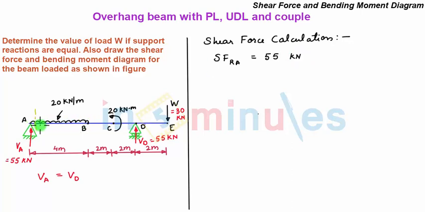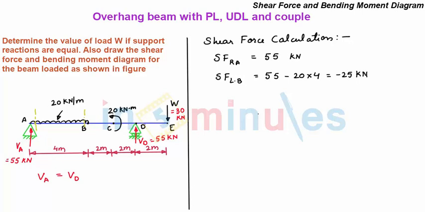Now we move this section towards B. By taking a section towards the left of B and very near to it, I can write shear force towards left of B is equal to, first we have the upward force of 55 kilonewton, then there is the additional downward force whose magnitude will be 20 multiplied by 4. So we have minus 20 into 4, since on the left hand side of section downward force is negative. So its value comes out to be minus 25 kilonewton.